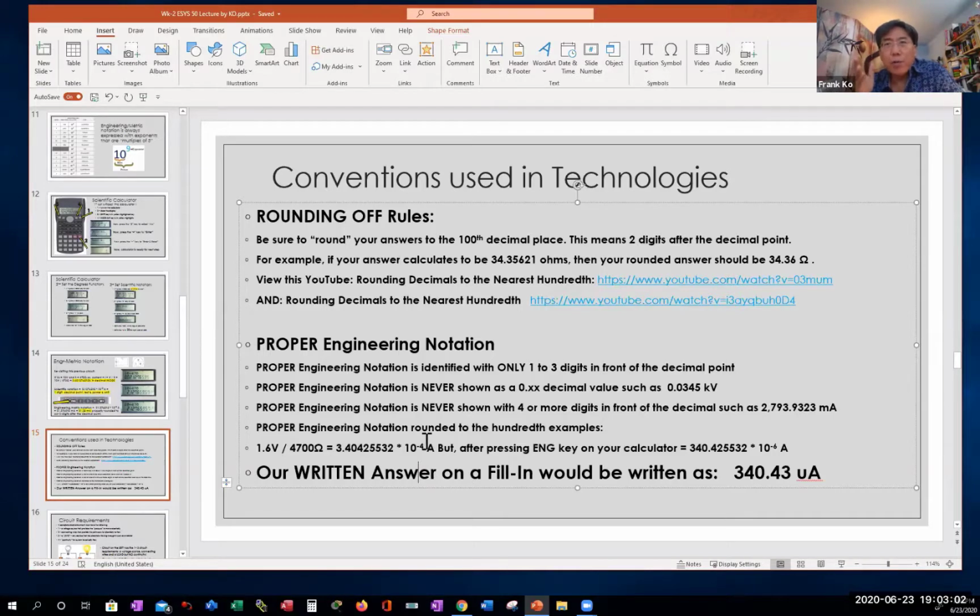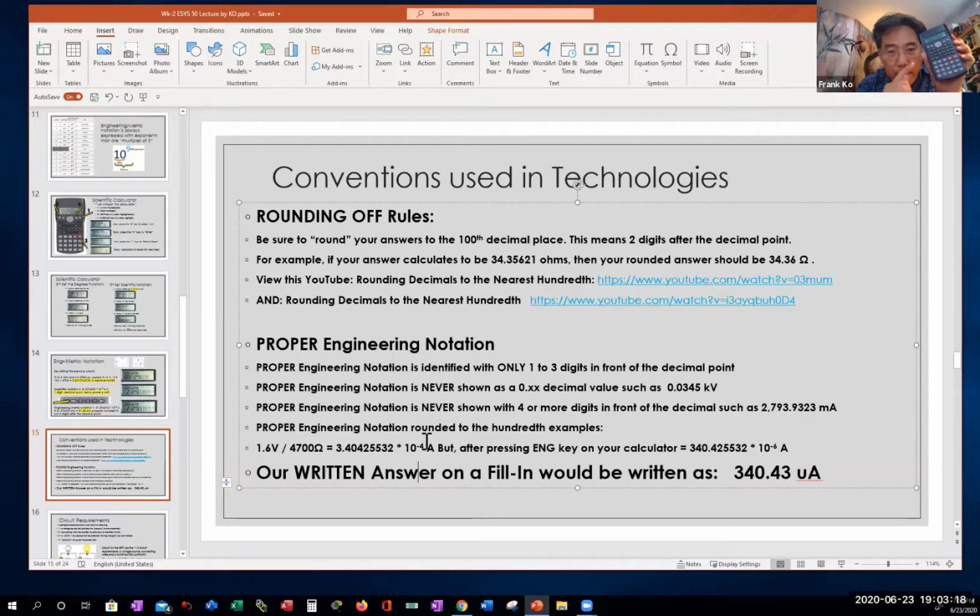Is this an engineering notation? No, the giveaway is, look at the power of 10. The power of 10 is a negative 4. All engineering prefixes are going to be exponents that are multiples of 3. So what you're going to do,